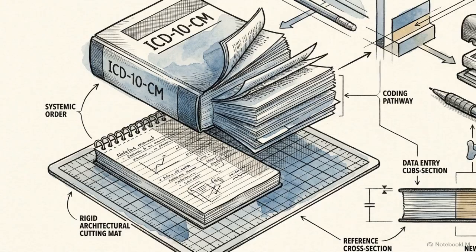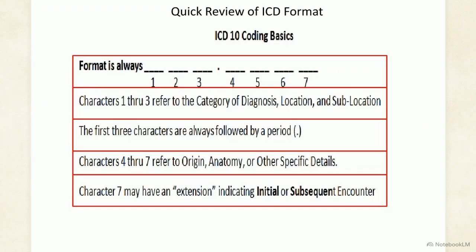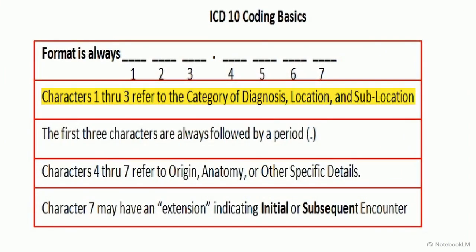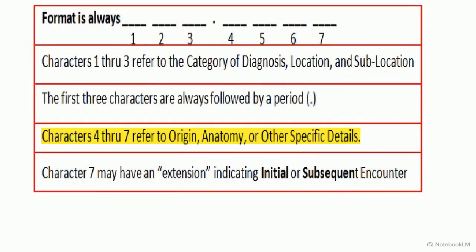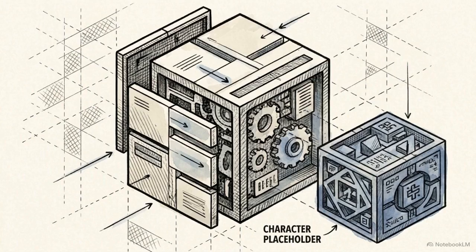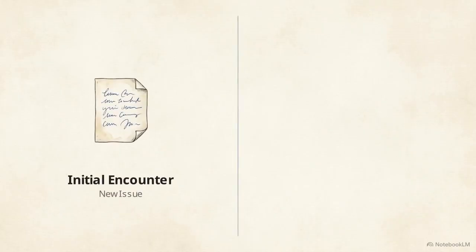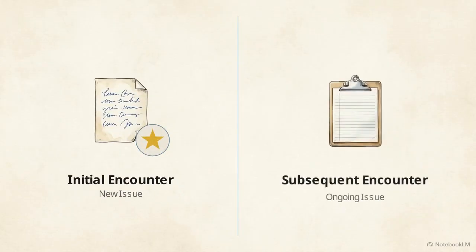To secure that revenue, we have to run the doctor's sentence through the strict hierarchical rules of the ICD-10 CM format. This table outlines the master template for ICD-10 coding. The format has 7 blank slots divided by a period. Characters 1 through 3 identify the broad diagnosis category and location. Characters 4 through 6 define precise anatomy and other critical clinical facts. Finally, the 7th character slot acts as a unique extension. This space is reserved for tracking the status of the encounter itself, telling the payer if this is a new